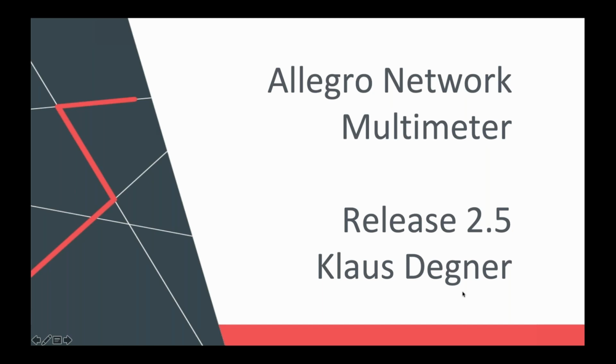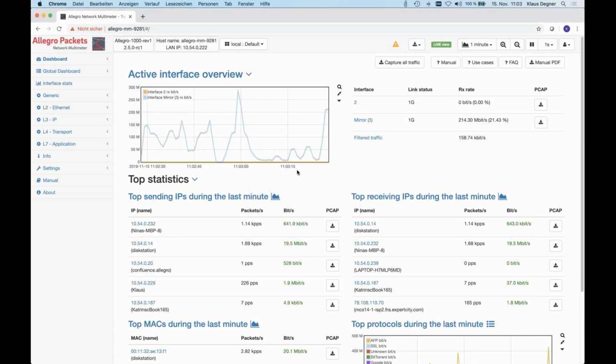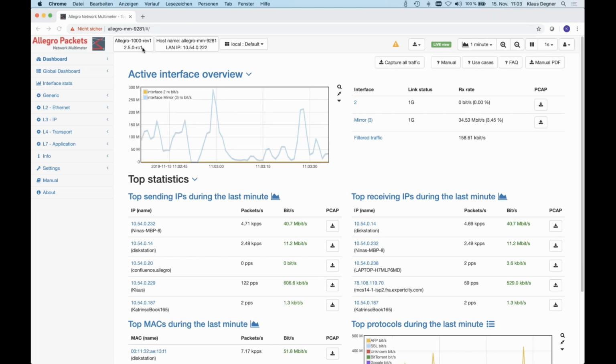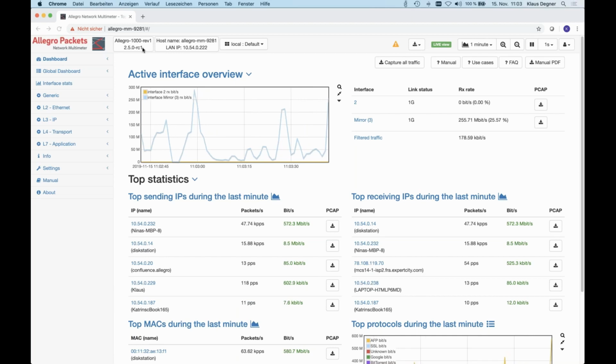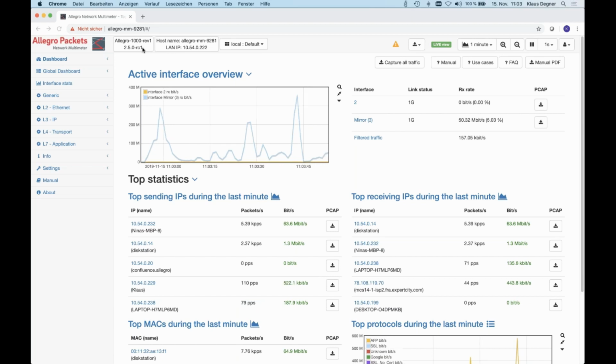Today, I would like to do a small walkthrough of a short list of the new features of the Allegro. Getting to the first item, let me switch to my web interface. I'm right now on one Allegro 1000 with the firmware 2.50 release candidate 1, which we released. We added a lot of big features where you see only a little, which have been more on the architectural side. And we also added a lot of, let's say, small bug fixes, enhancements, and improvements.